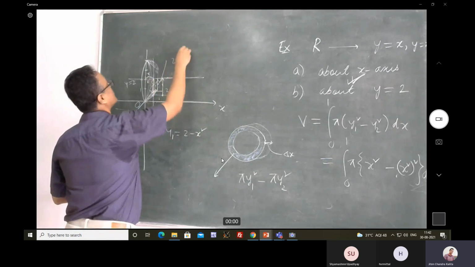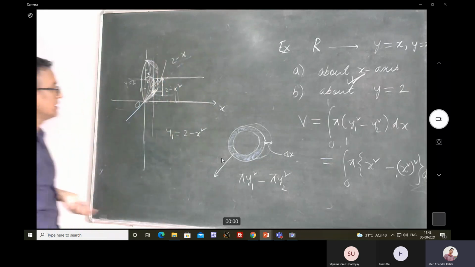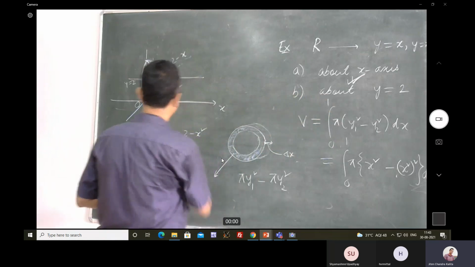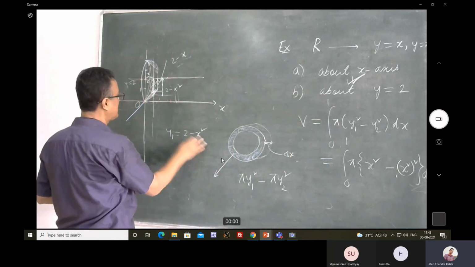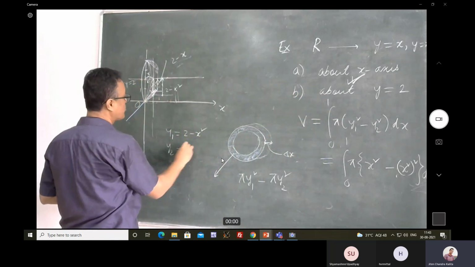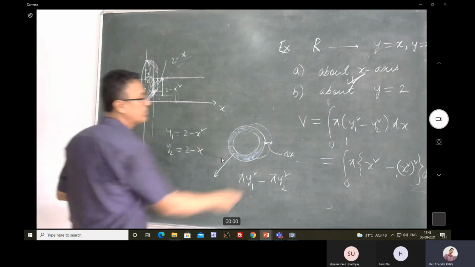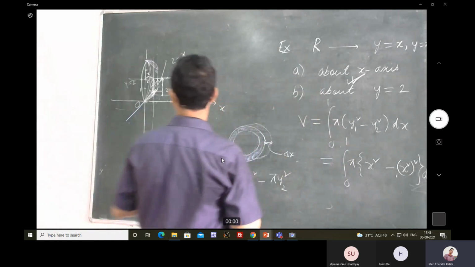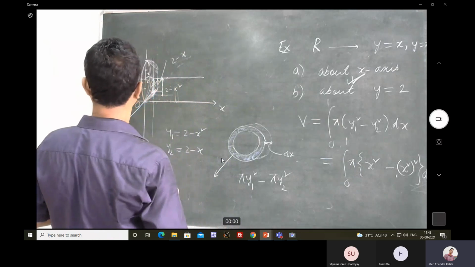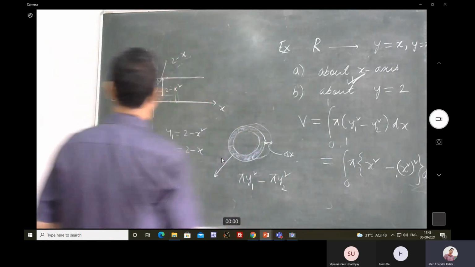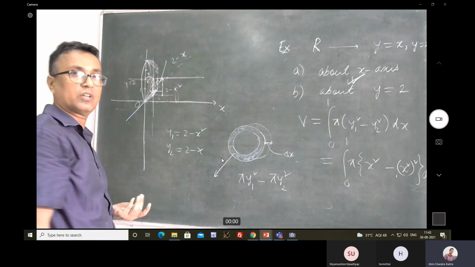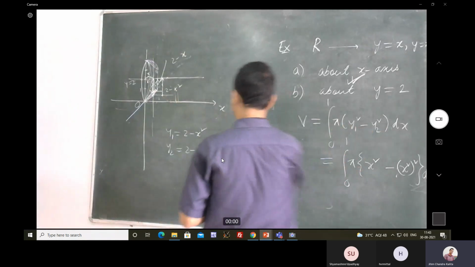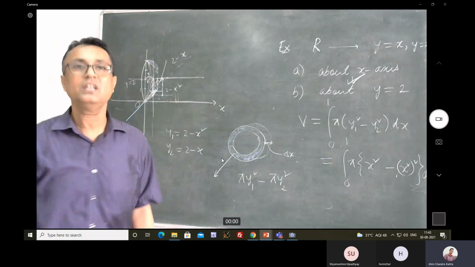So here the formula is going to remain the same, but y1 is 2 minus x squared and y2 is 2 minus x. Simply plug it in here. The limit is going to remain the same for x, from 0 to 1. Instead of y1 you use this, and instead of y2 you use this, and then you are going to get the